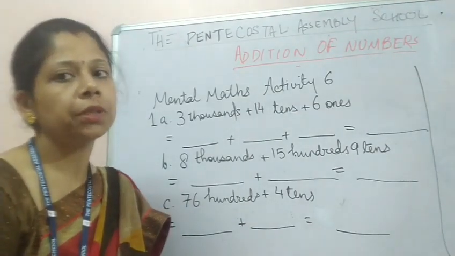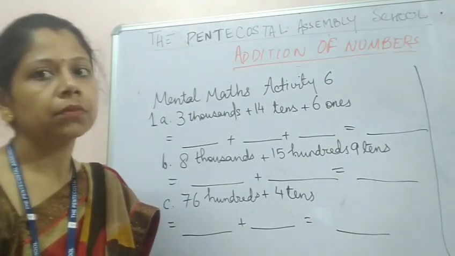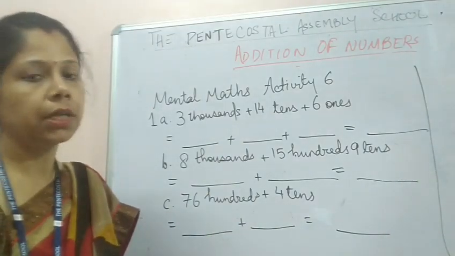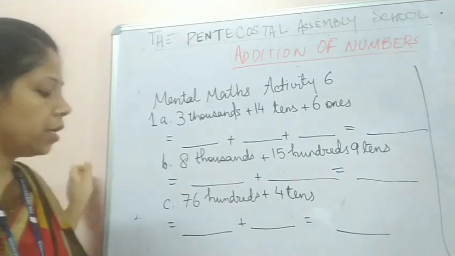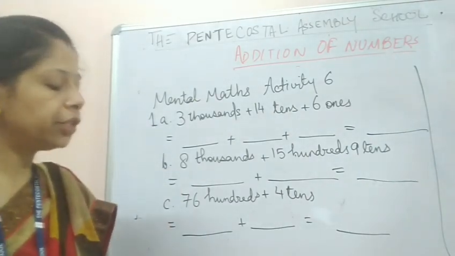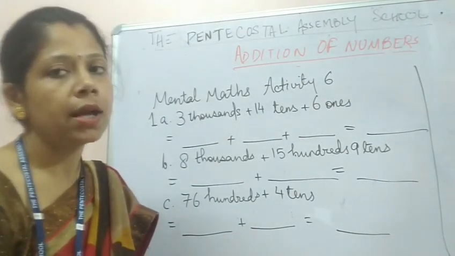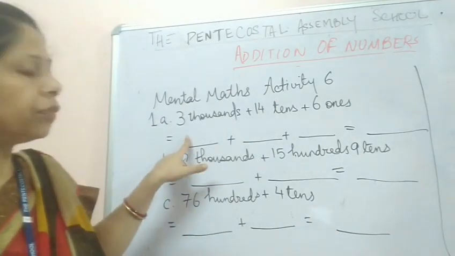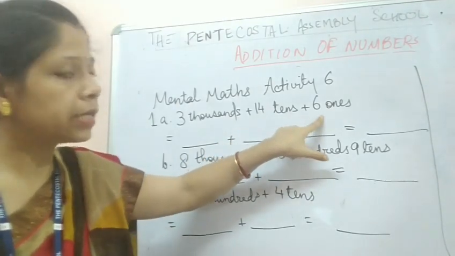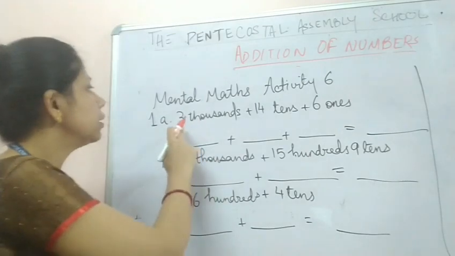Students, now take out your mental maths book, activity 6. Please take it out. Come to activity 6, which is on page number 9. Now the question is, fill in the correct numerals and do the sum. So when it is sum, that means we have to add it. The first question is 3000s plus 14 tens plus 6 ones. So how will you do this? You will write 3000s as